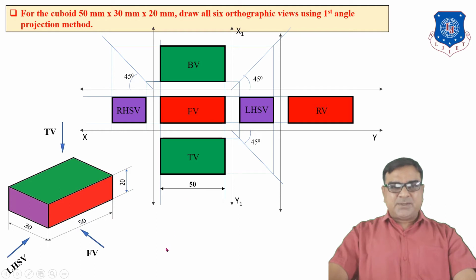So these are the dimensions: 50 mm length, 30 mm width and 20 mm height. Now if you insert one dimension for length here, there is no need to insert another dimension for length in front view or bottom view. One dimension 20 mm for all these views, and here the width is 30 mm, so there is no need to insert here for left hand side with 30 mm. Okay, so you have to consider these important points also.